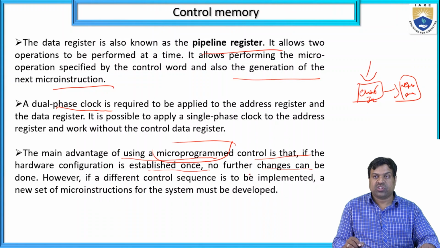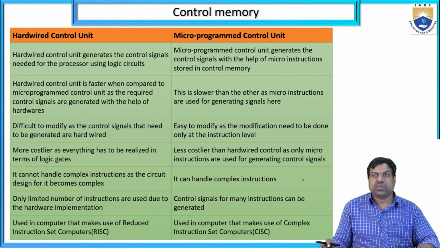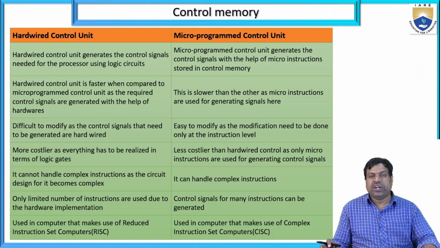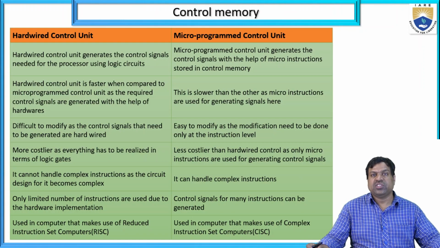However, if a different control sequence is to be implemented, a new set of micro instructions for the system must be developed. So this is the difference between hardwired control and microprogrammed control unit. So what does the first one mean? A hardwired control unit generates the control signals needed for the processor using logic circuits, and the microprogrammed control unit is nothing but a generator of the control signals with the help of micro instructions stored in a control